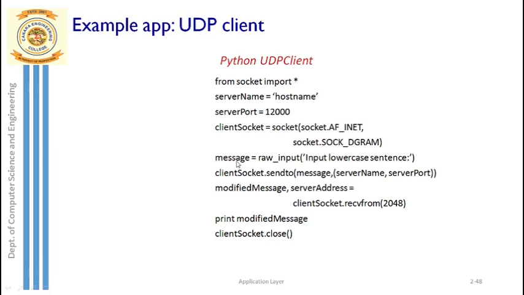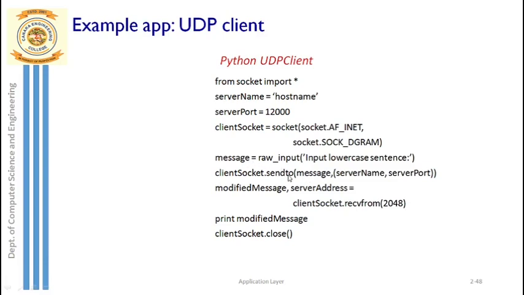Now you are ready to send the data. But remember, if the client is ready to send, the message should be sent with the help of what? Client socket only. It is through the door only that your message should leave your system. Now you have a function called sendto, but remember the client socket must be used to send the message. So the client socket is used, with the help of which you are calling the function sendto. With the help of the socket, you are sending the input message.